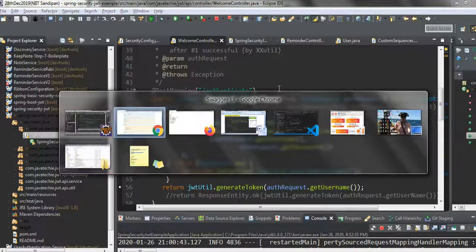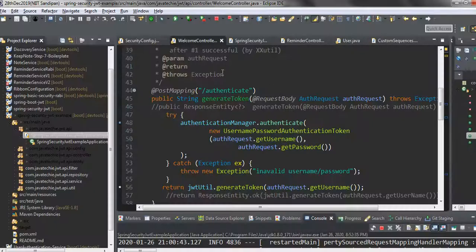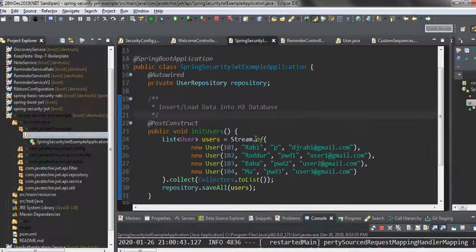So hope you are now able to log in and register using your own user ID. Otherwise, in the previous tutorial that I covered, you had to rely on a set of static users. Now onwards you don't have to rely on that static set, you can add more and use your own customized